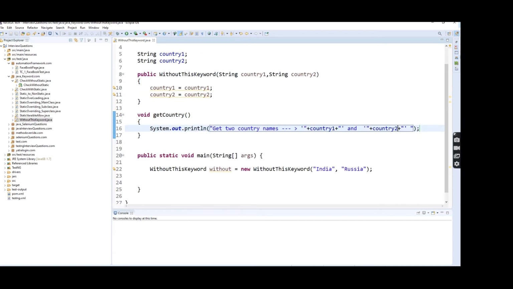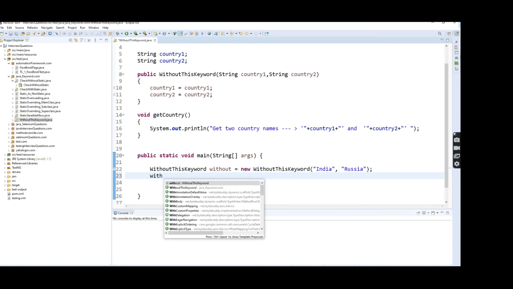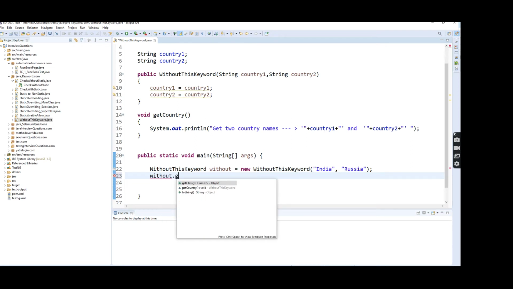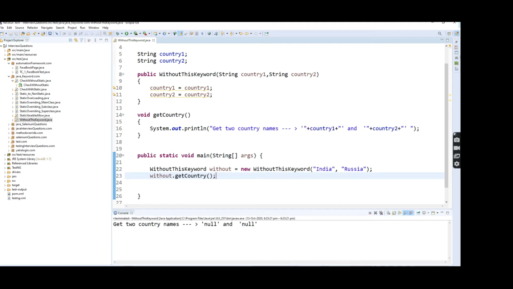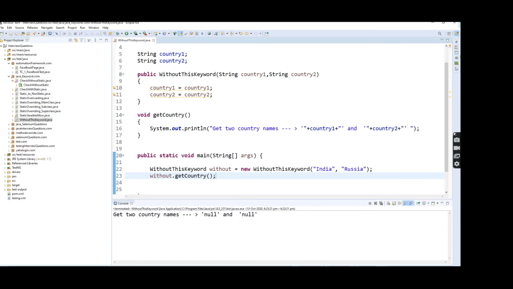Now I'm going to execute this program, without dot getCountry. Let's see what output we get. It will print null null because the JVM will be confused about which one to take, argument or instance variable, because here the instance variable and this argument are matched.